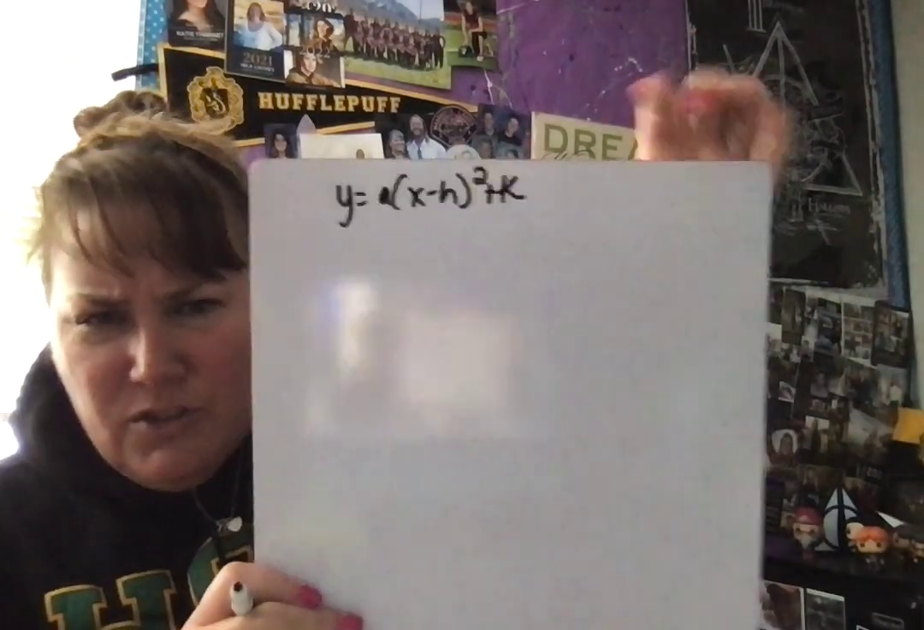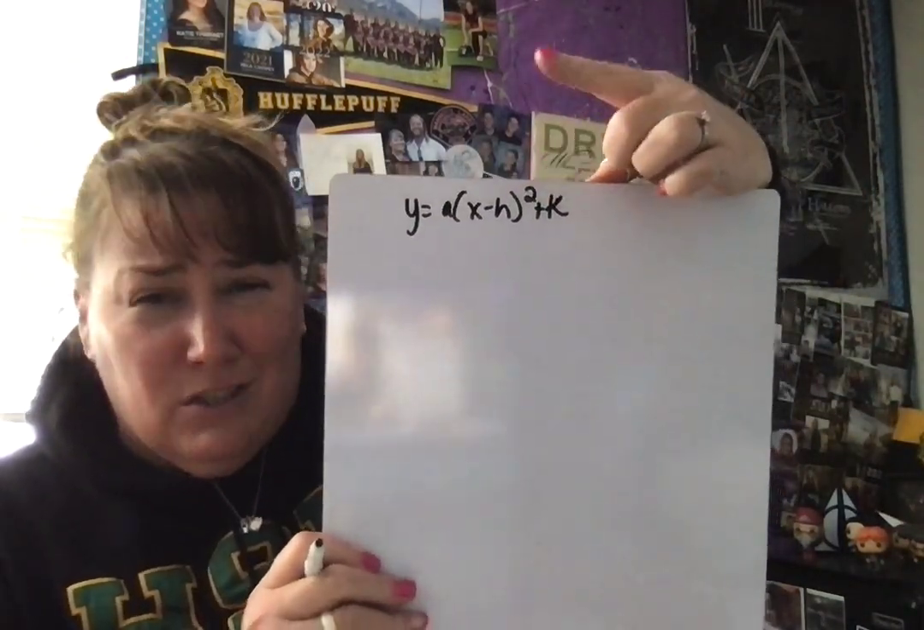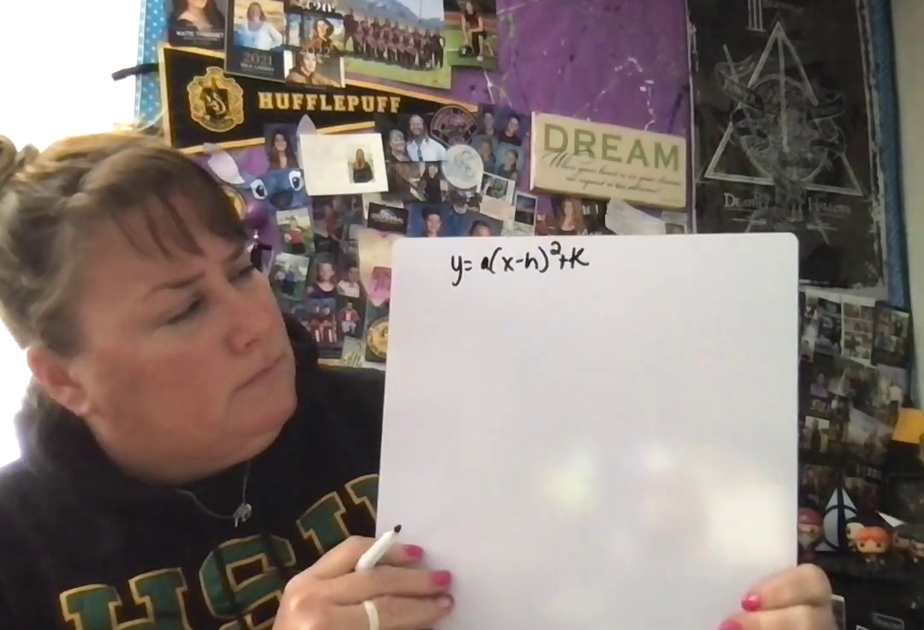I'm just going to rewrite my vertex form, y equals a times quantity x minus h squared plus k. Okay. Super easy to forget that square in there. So just always make sure you have a square. Okay, so that's our vertex form. So example